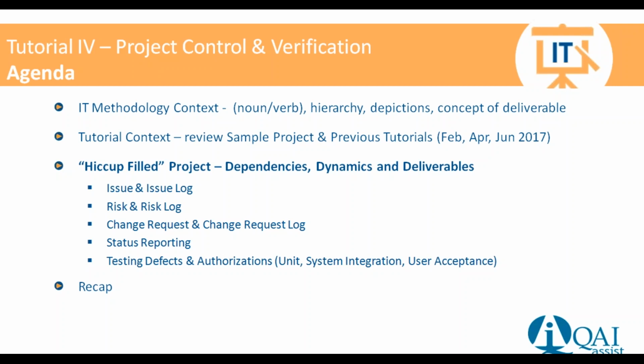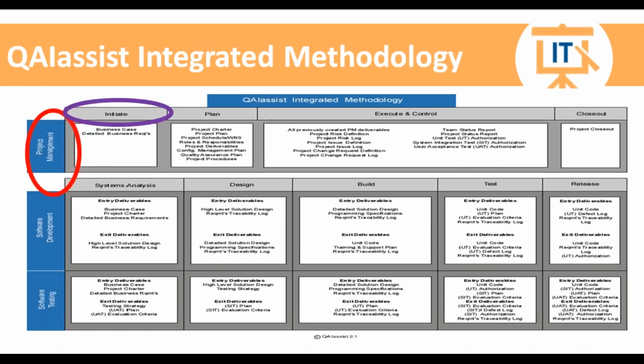So we need the mechanisms to be able to define, to document, to understand, and to keep track of these things. So let's talk about the issue log. As we start our project, there could be an issue. Well, we better keep track of it. We better define what it is, and we better keep track of it in a log to make sure we have a centralized place to keep all of our issues. So we can, at a glance, say, these are the issues associated with the project, or this one's been resolved, or this one's still outstanding, or whatever.